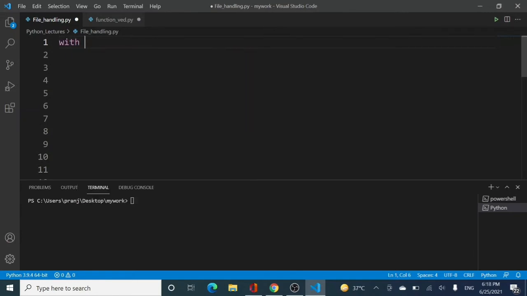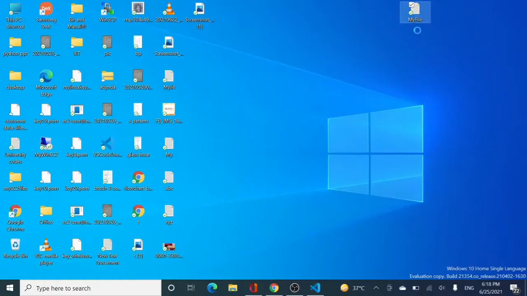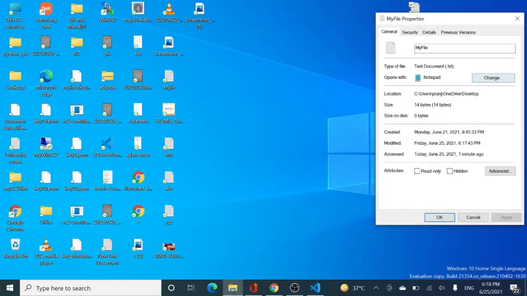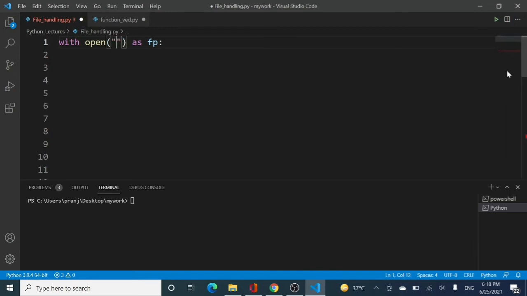So what I'm going to do is with open, in read mode, as fp, and here I need the path. So for that I need the location, copy it, and in quotes paste it over here, and the name myfile.txt. I need to change the slashes as well, so let me quickly do this. Now, as the file is opened in the read mode,